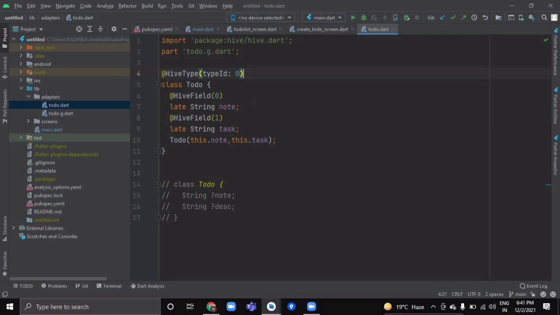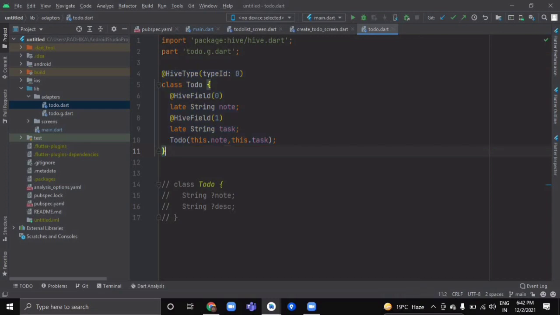So at index 0 we will have the column of note, and at index 1 we will have the column of task. After doing this, we will also create the constructor of our todo class. Here inside todo we have passed note and task. So this is all we have done.